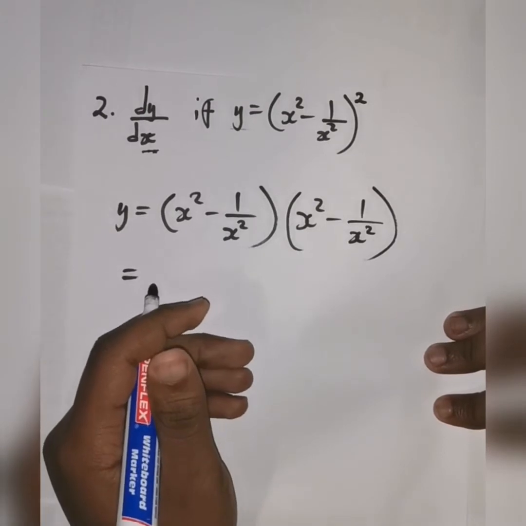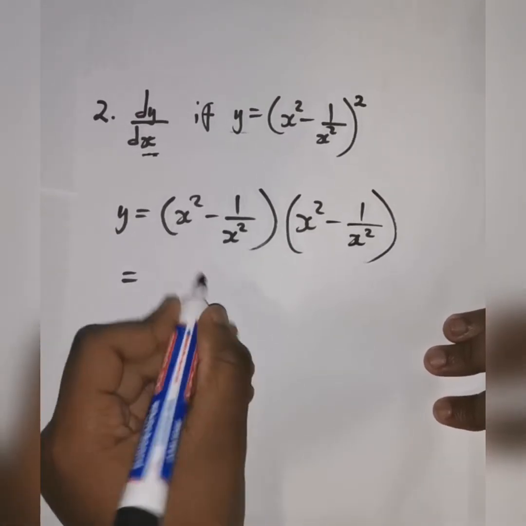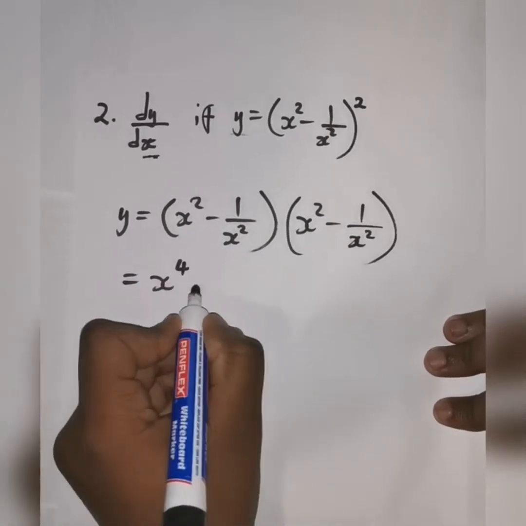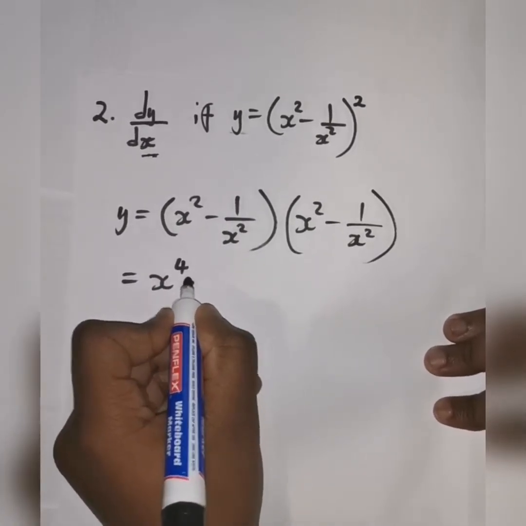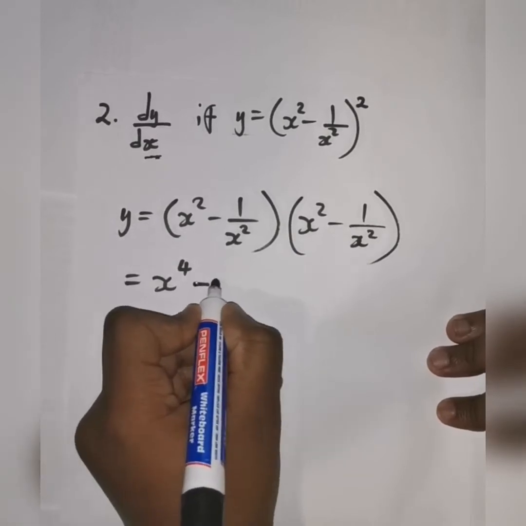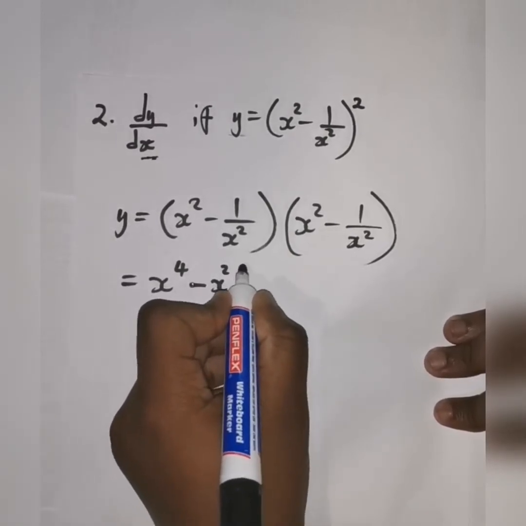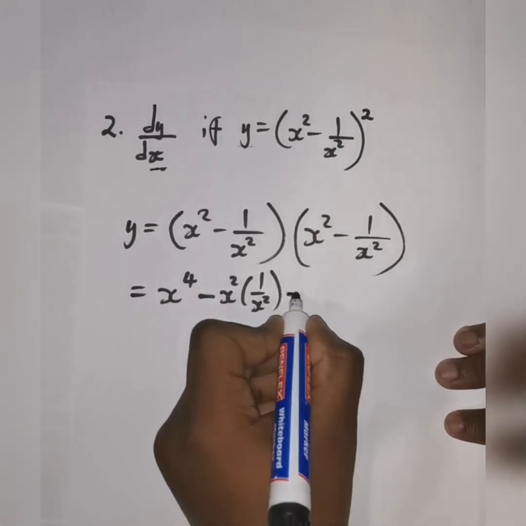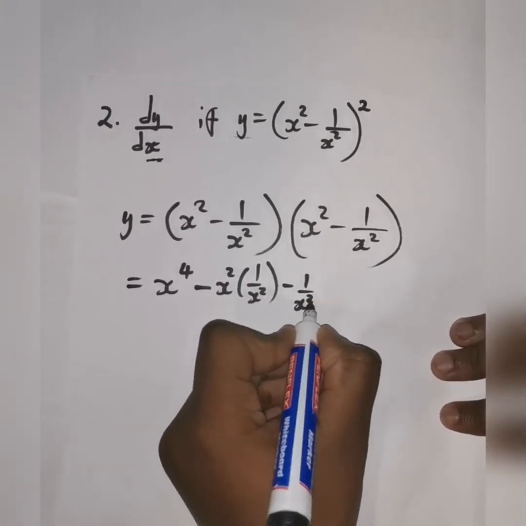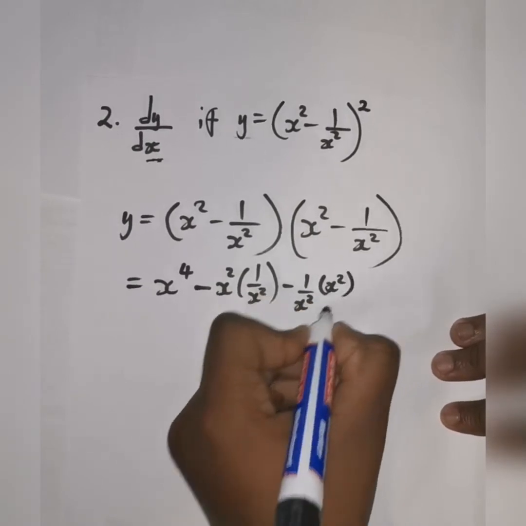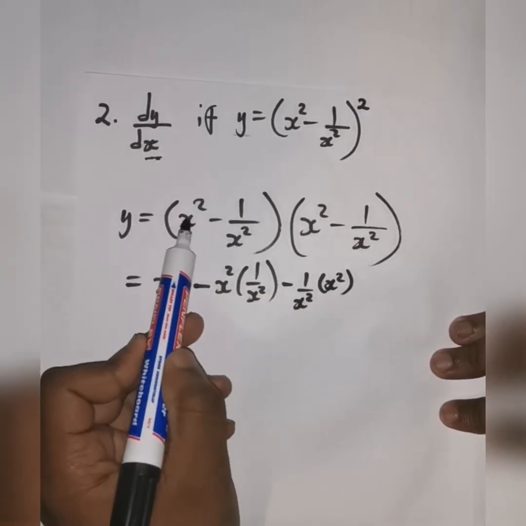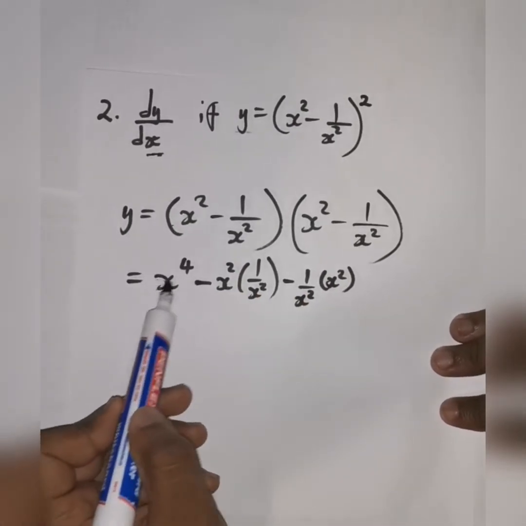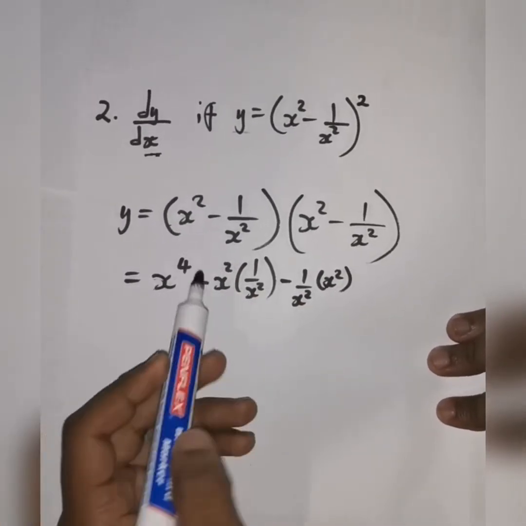We all know expansion, right? So this is going to be x to the power of 4. Okay, let me write it down. It's going to be simpler this way. So yeah, I just said x squared multiplied by x squared. It's going to be x to the power of 4, and then